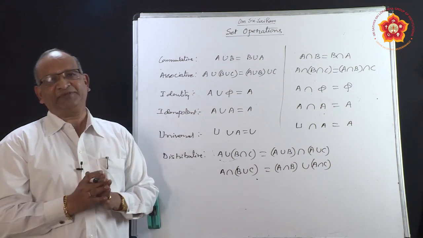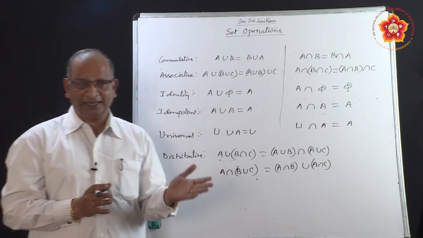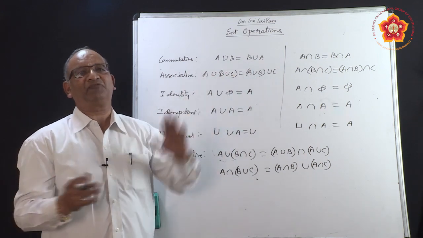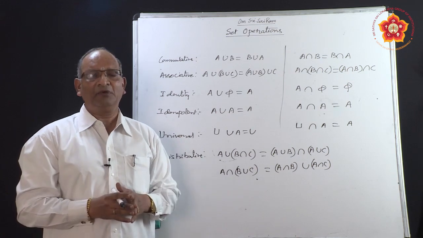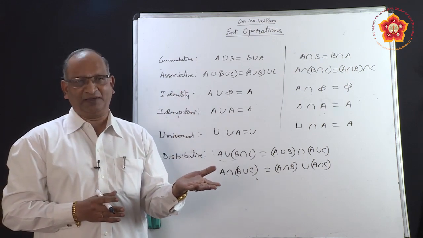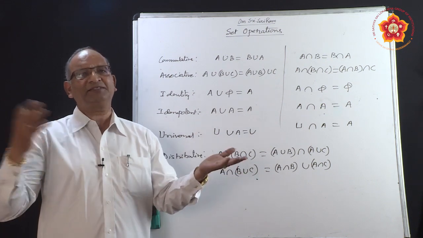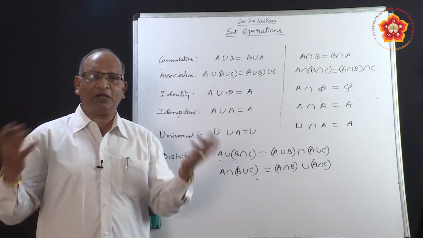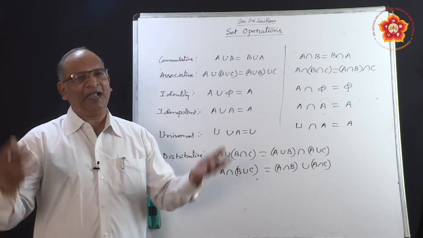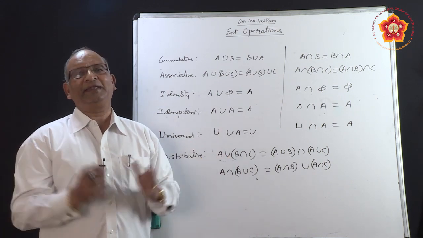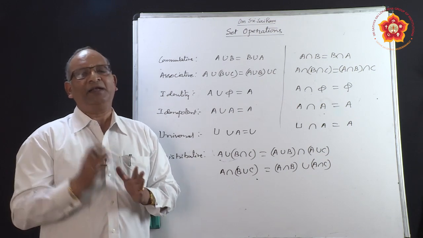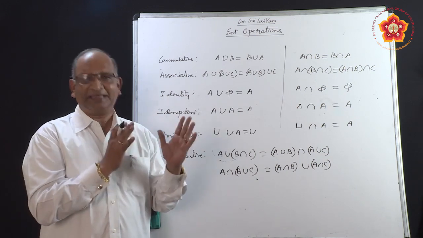So these are some of the properties of union and intersection. We don't have these properties for difference of two sets. Why do we not have them? Because the basic property itself does not hold. That is, A difference B is not equal to B difference A. It is not commutative. If it is not commutative, it cannot be associative and it cannot follow any other rules. So we don't study different rules and regulations for difference, we just know what difference is.